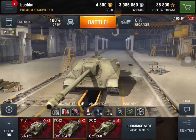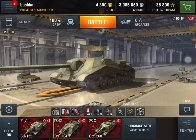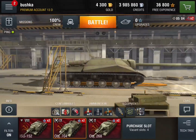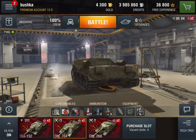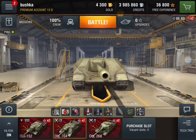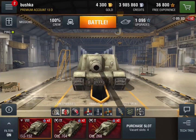So we're going to talk today about a few things with this tank, namely the positives: the gun's great, the camo's fantastic, and the armor profile is much improved. Not saying it's great, but it's certainly improved. And some of the negatives: it's still not a terribly mobile tank. It's a tank destroyer, so it's going to get flanked. The armor is not fantastic. It's improved, but it's not fantastic. And it can struggle at end-of-game situations. We're going to talk about all those things